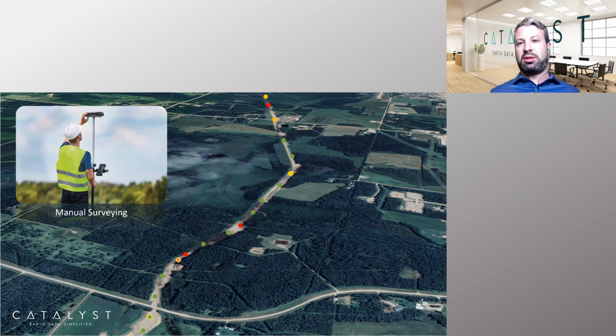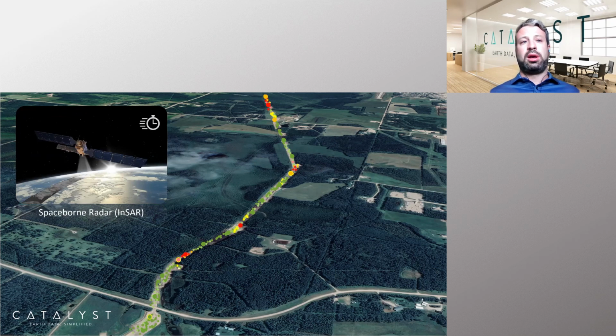So really, they're only sending these crews out every few months, maybe every few years, depending on the kind of asset that they're particularly tracking. And in a lot of cases, for post-construction activities, so existing roadways and current assets, a lot of them are not even being actively monitored at all today. Now, what we can do with this is leverage InSAR technology to fill in those spatial